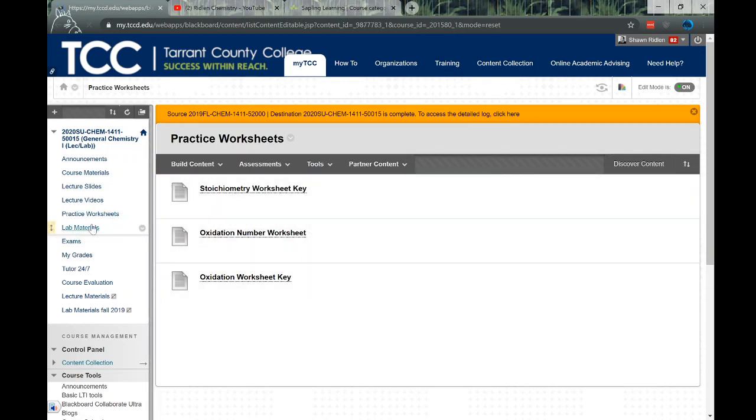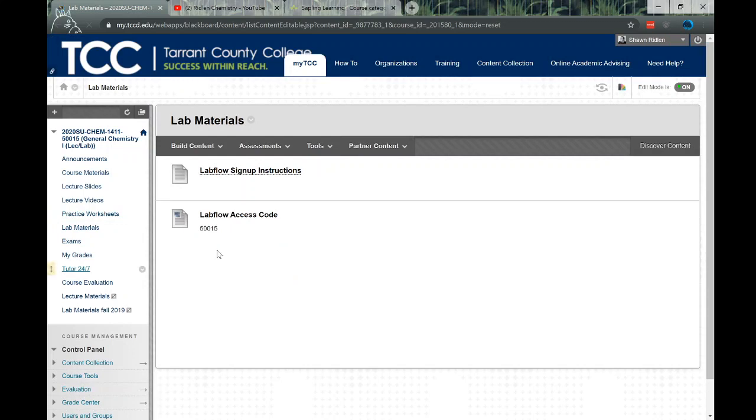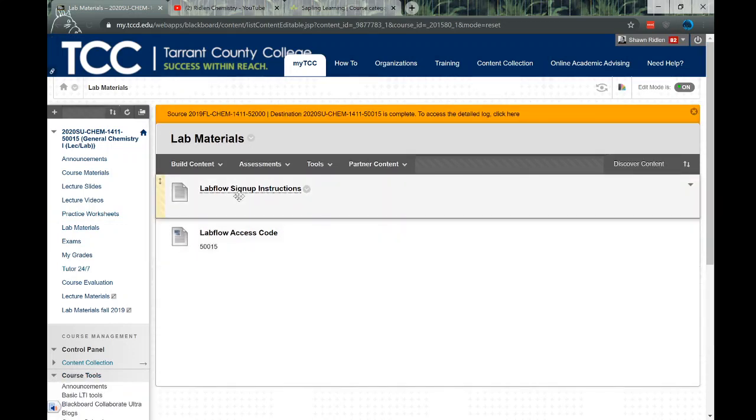Lab materials. Anything that's relevant to the lab, I'll give you here. This is how you should sign up for LabFlow. The instructions are pretty good. When it asks you for an enrollment code, it will be our course number, just the 5-digit course number. I've had one of you try this and you said it worked, so that's good news. If you do get stuck with this at any point, let me know. I'll do my best to help you, but the instructions are pretty good. I think you guys can figure it out. We've all signed up for plenty of websites, right?